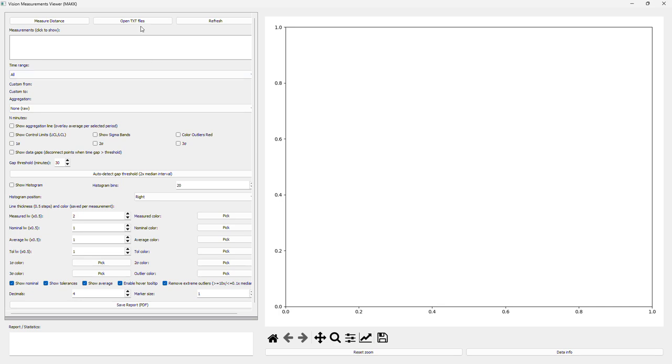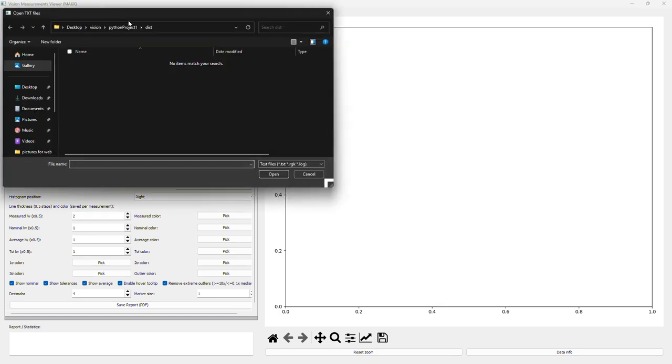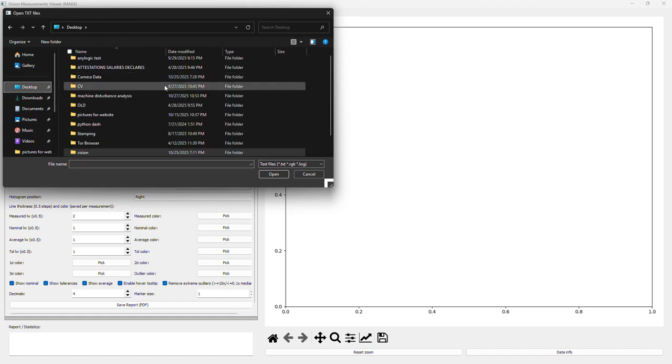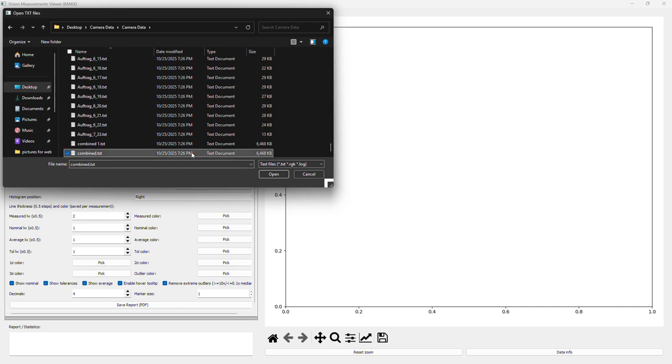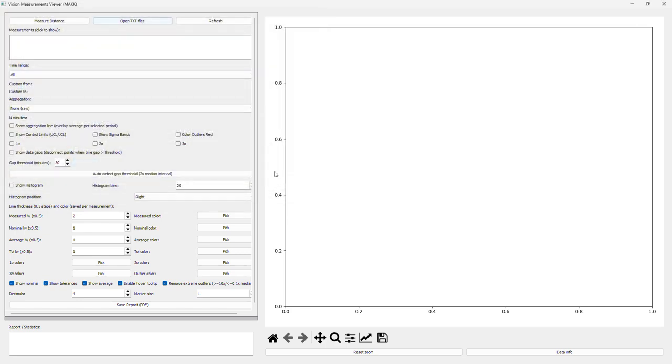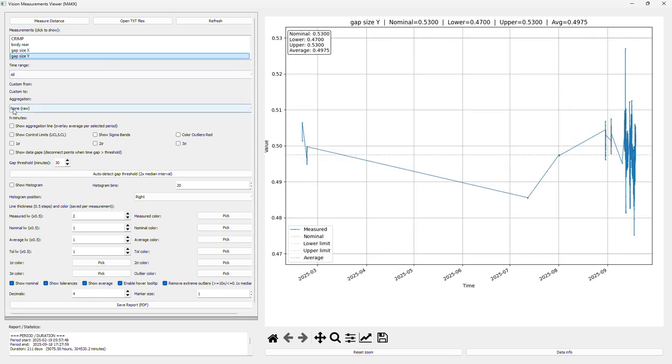First things first, we need to upload our data. I'll click on open TXT files and search for my data, click on it, and click on open. Once the data is loaded, you will have this message pop up showing that your data is successfully loaded, and you click on OK. I will choose a characteristic or a measurement, for example this one, and